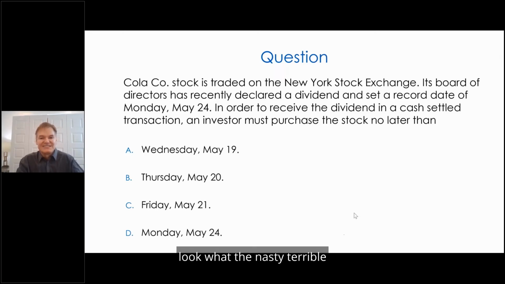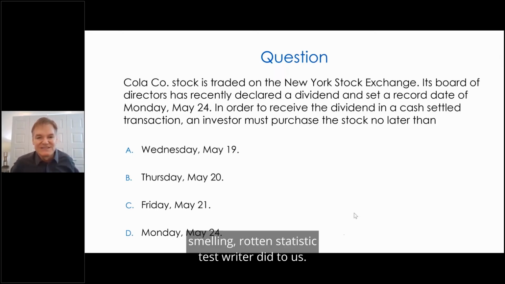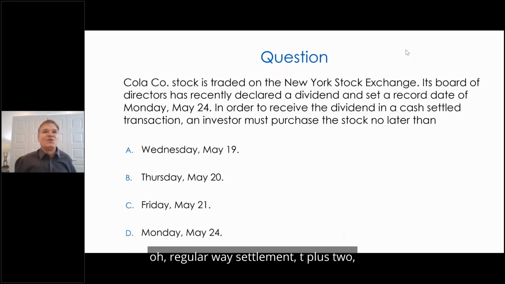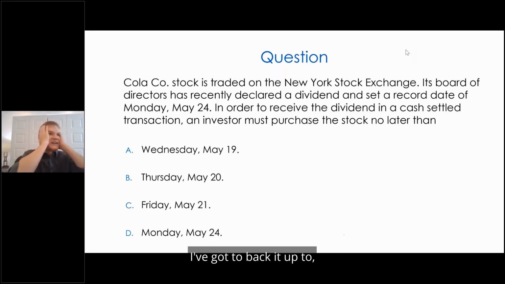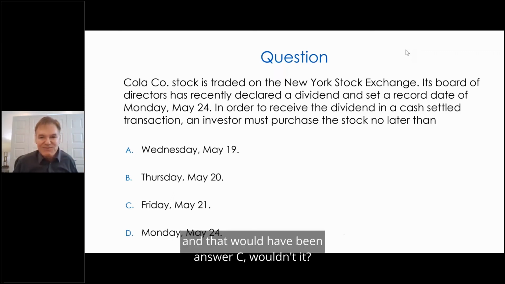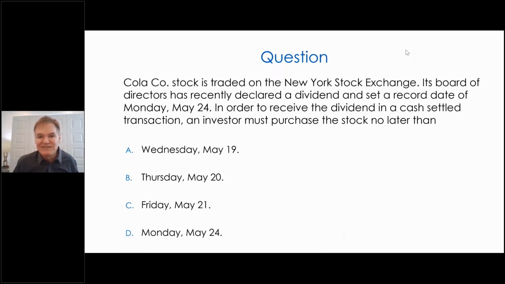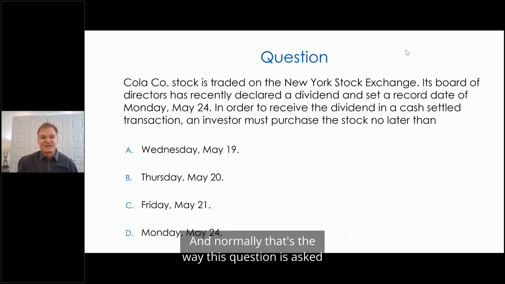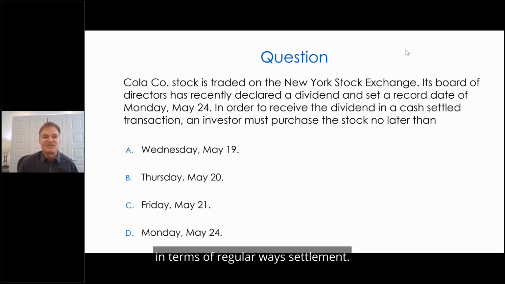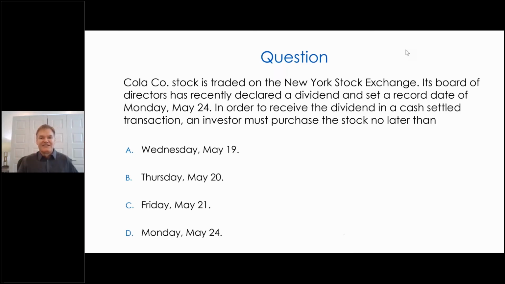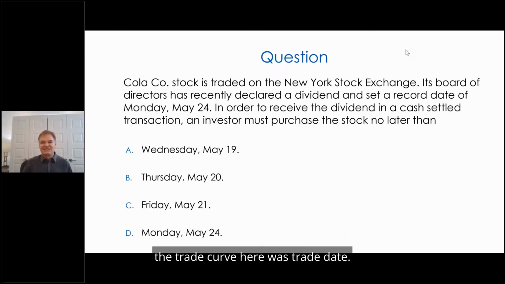Look what the nasty, terrible, smelly, rotten, sadistic test writers did to us. They had us charging down the road thinking, oh, regular way settlement, T+2, I got to find the record date, I got to back it up a business day. And that would have been answer C, wouldn't it? And normally that's the way this question is asked in terms of regular way settlement. Not so on this one. The trick here